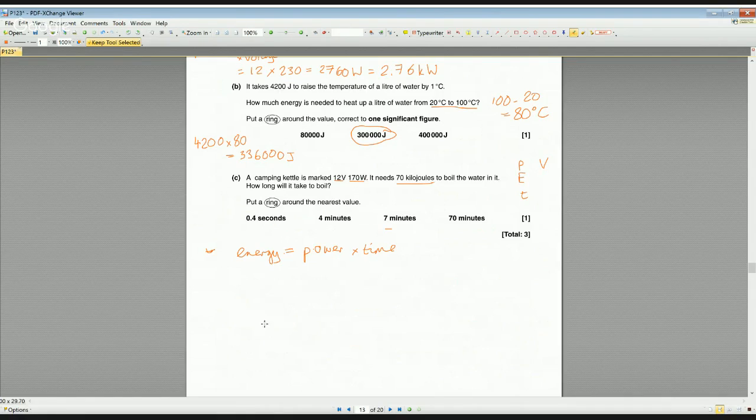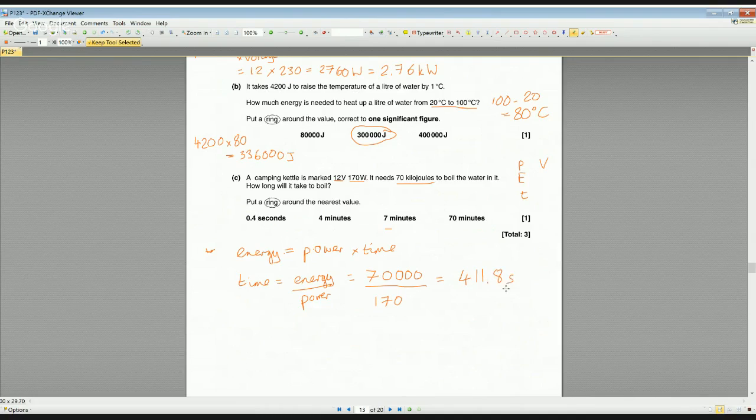Energy equals power times time. So we'd rearrange that to get time equals energy divided by power. So the energy here is 70 kilojoules. Remember, that's kilojoules, so we need to convert that into joules. So that's 70,000 joules divided by the power, which is 170 watts. And that would give us